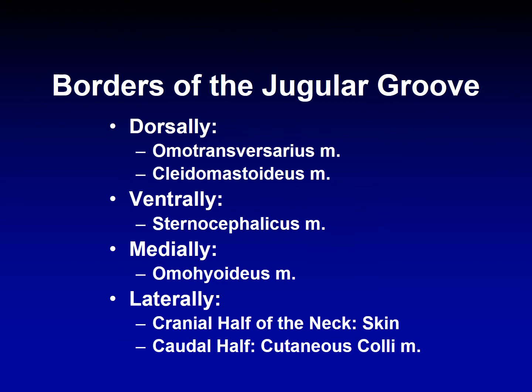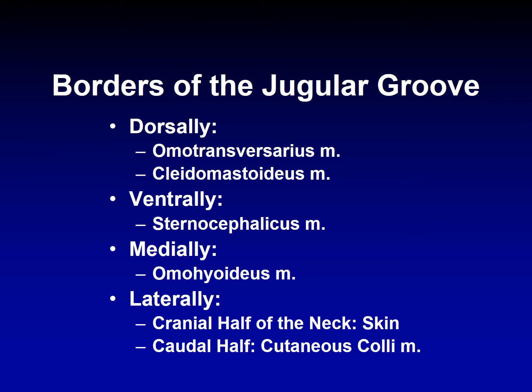So dorsally, omotransversalis and cleidomastoideus, ventrally sternothyroideus, medially omohyoideus, and laterally cranial half of the neck, skin only. Caudal half of the neck is cutaneous coli. It's as I mentioned earlier, this is the best site, or the site of choice, if you will, for venipuncture in the horse. But there are other sites that veterinarians or